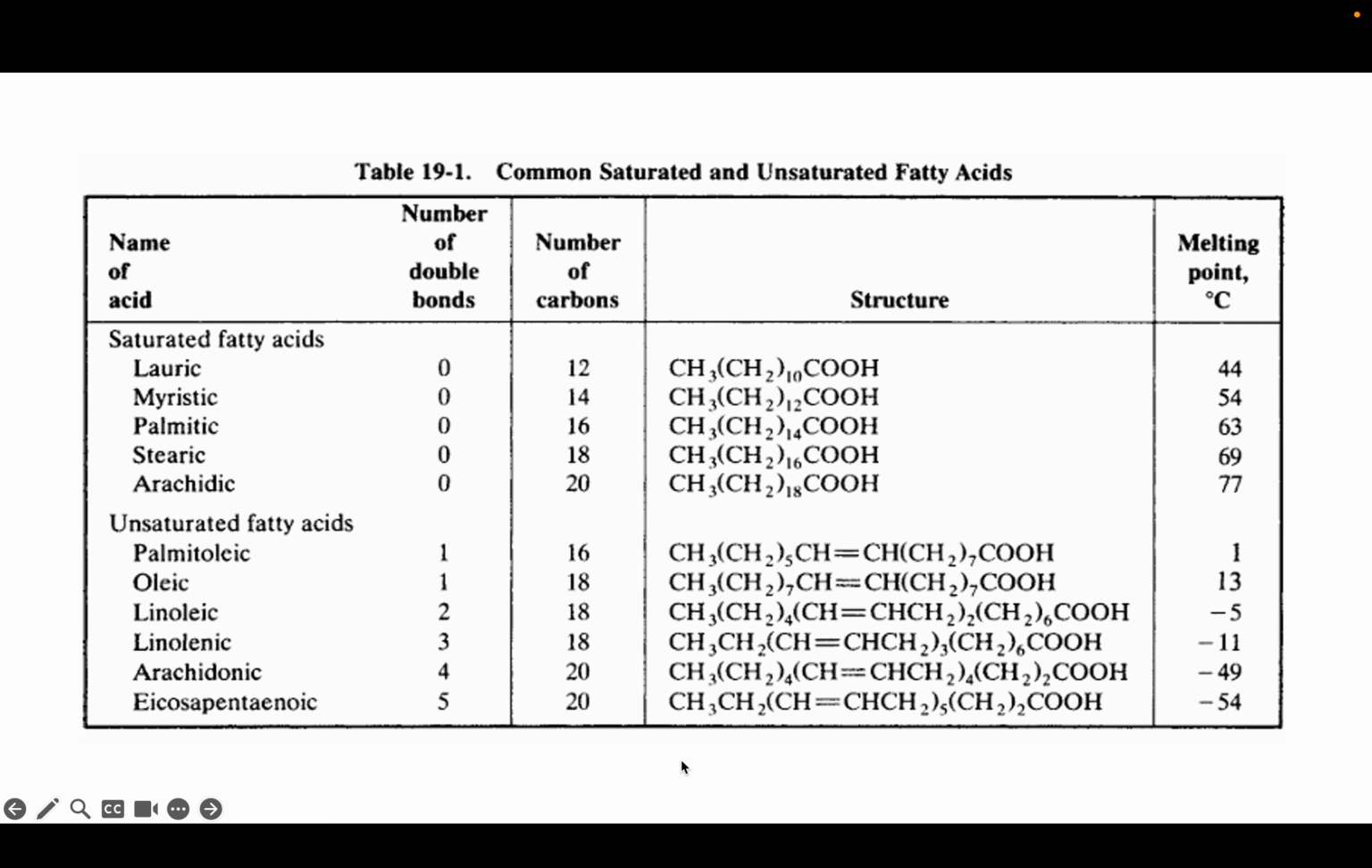Continuing, looking at the table, you have here common saturated and unsaturated fatty acids. So, their category, the number of double bonds, if there are any. And then we also have the number of carbons, which are increasing, and their melting point. Looking at the number of carbons and the melting point, we notice that for saturated fatty acids,